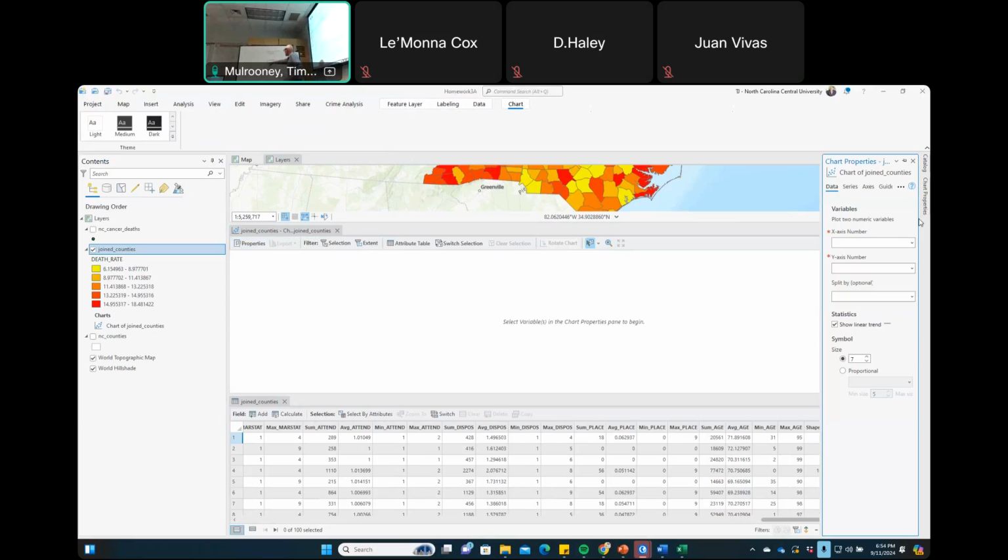So we got a nice little scatter plot right here. So we can have something like y equals 2x plus 3, and it's a nice little line with a slope of 2 and a y-intercept of 3. All right, so what we're going to do is our x-axis is going to be our median age, and our y-axis is going to be our death rate.